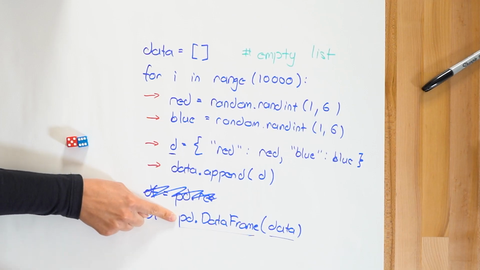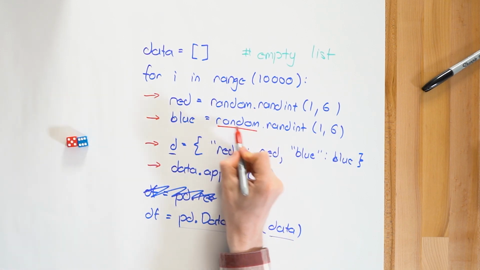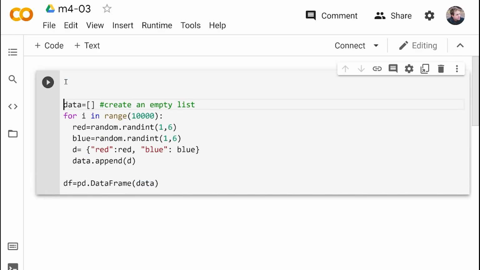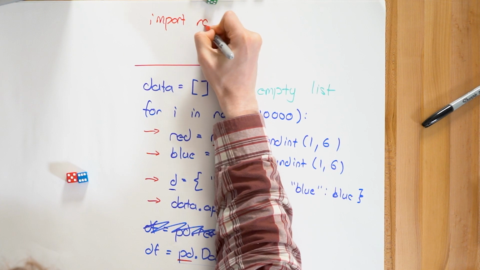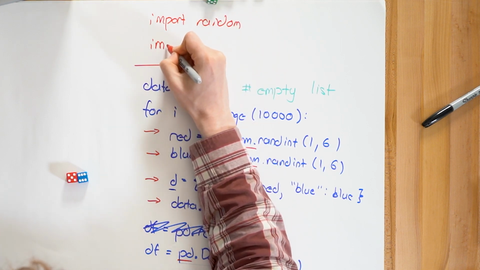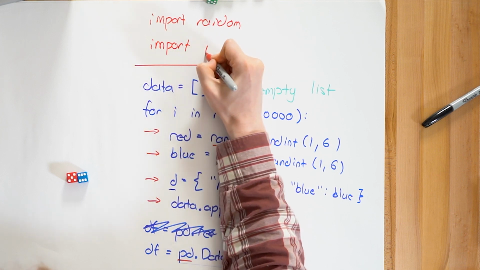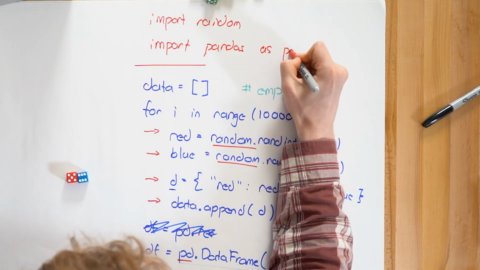And it looks like we're using the pandas library. We have pd right there, and the random library. So I need to make sure that when I'm typing this on the computer, I import pandas as pd and import random. Exactly. So in this program, we're using two different Python libraries that are going to do some of this functionality for us. So yes, import random to import the random library, and import pandas as pd.